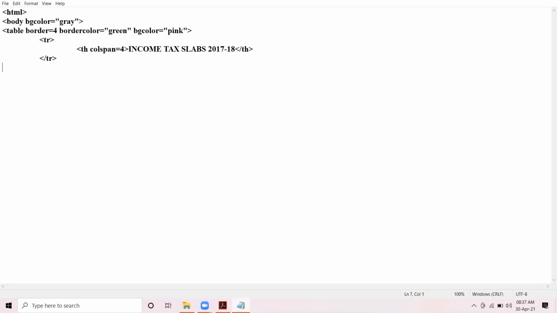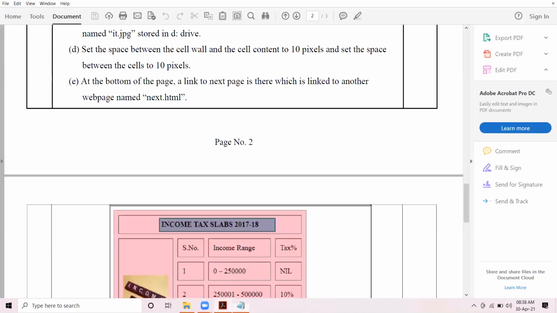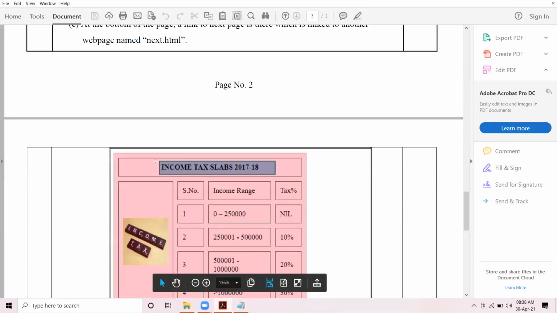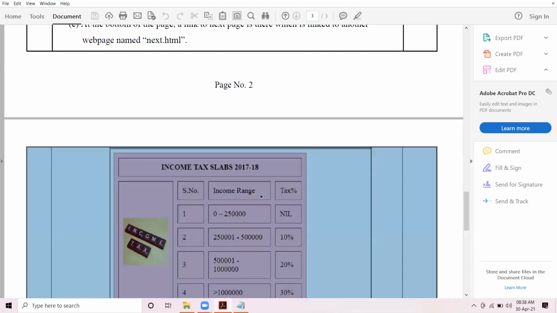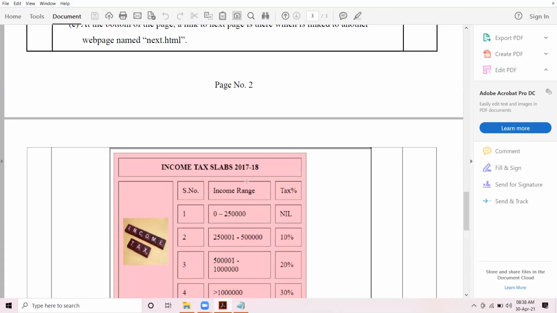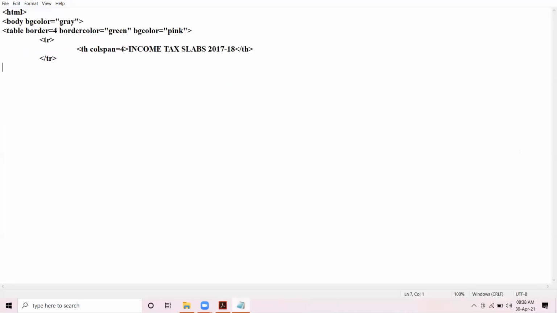The header row is spanning across 4 cells and it is spanning horizontally. Just see the table again. It is going horizontally. So it is the case of colspan. And how many columns is it spanning? 4. So that is why I have taken the value of colspan as 4.